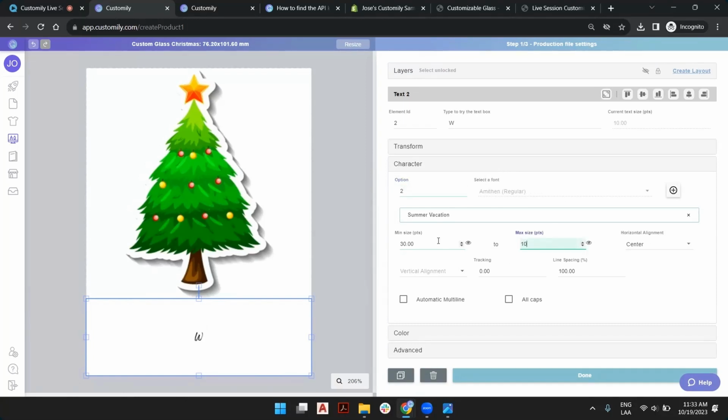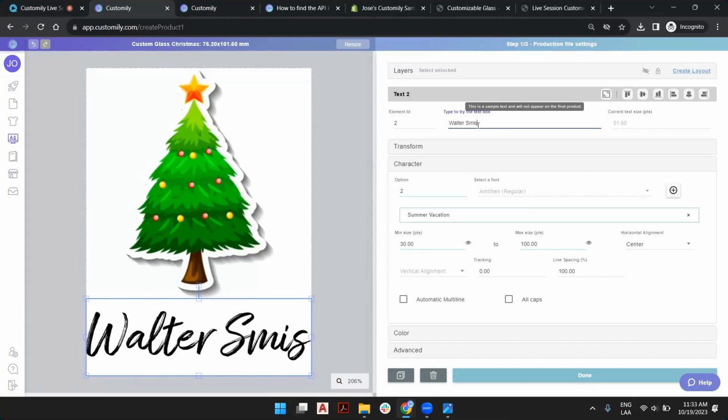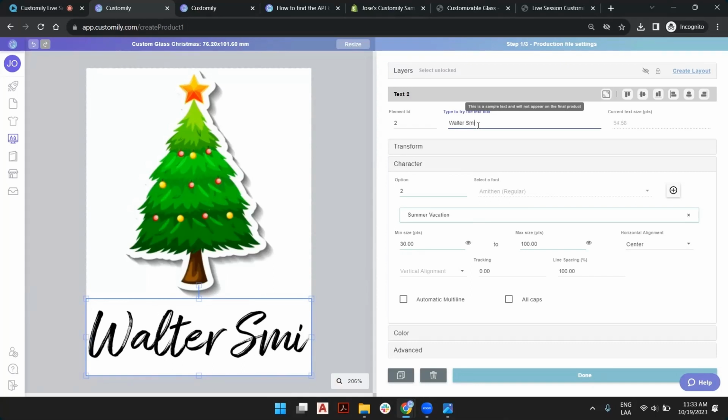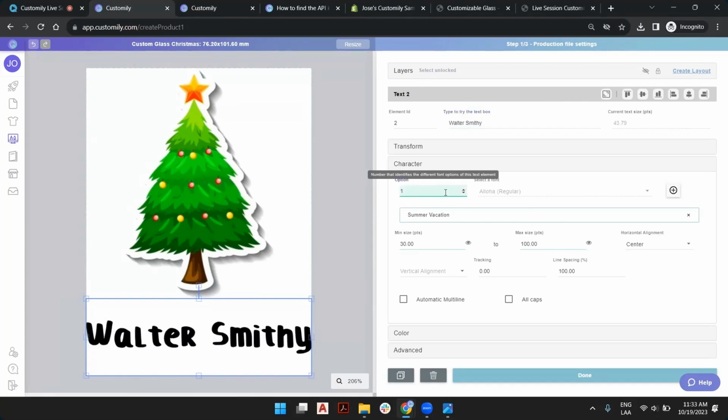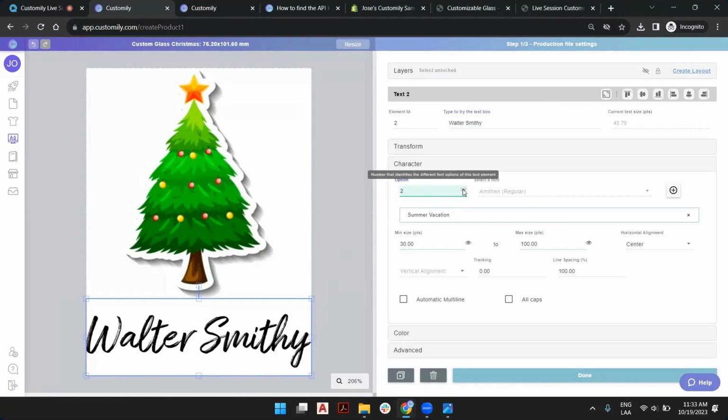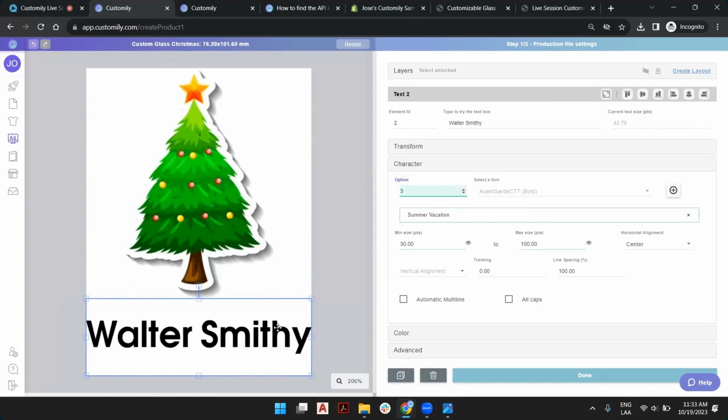And just in case, let's put this to 100. In case we have bigger fonts, we can at least make sure that they are all showing in the biggest possible size. So let's try with this. Now we will type this, but we're just testing. We need to see if characters will drop down, if they are going to be taking up a lot of space. And very important, you should shuffle through the different fonts, because if some fonts are pretty big, you want to fit a lot of characters,